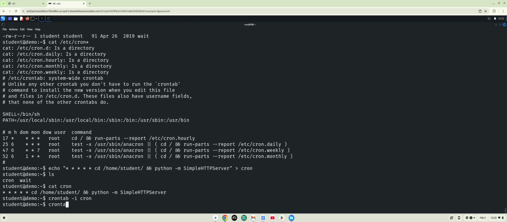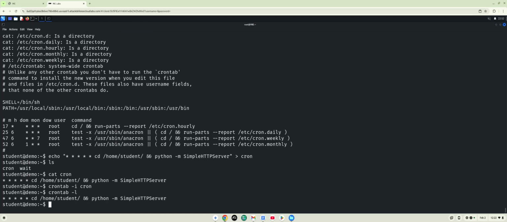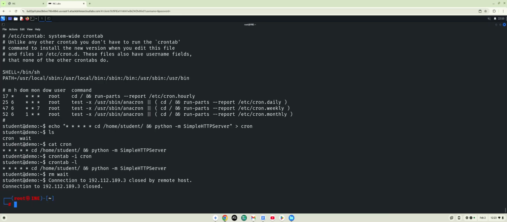So I'm going to say crontab dash l. All right, good. Looks like that's running. All right, now I'm going to remove that wait job. So I'm going to say rm wait. All right, and this should kick me out. All right, it did. All right, now I'm going to run an nmap scan, and let's see